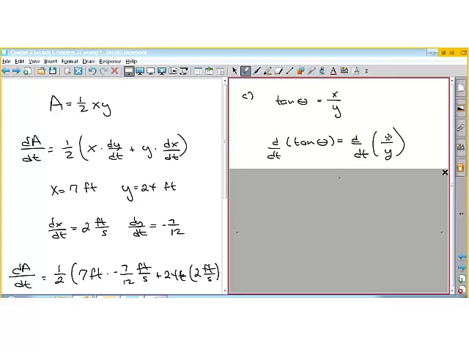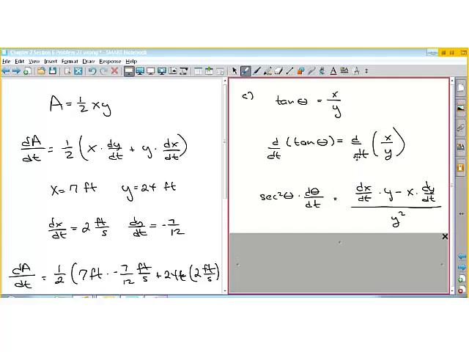Here we have a quotient, so use the quotient rule. It'll be the derivative of this with respect to time. So it'll be dx dt times g of x, which is the denominator. So let me just write it out. The derivative of the first term is just dx dt times the denominator, g of x, minus f of x times g prime of x,